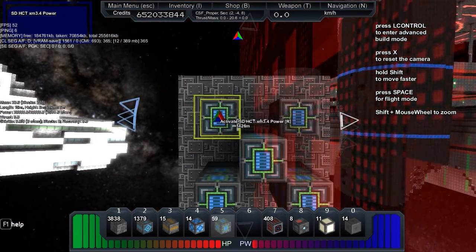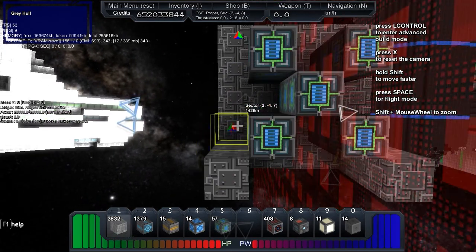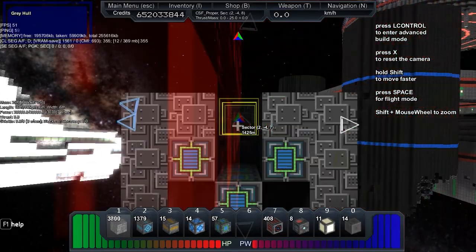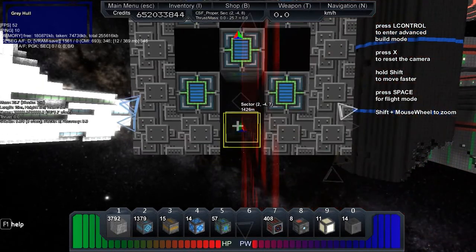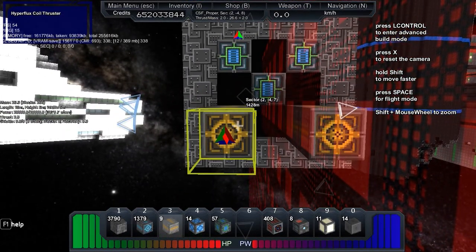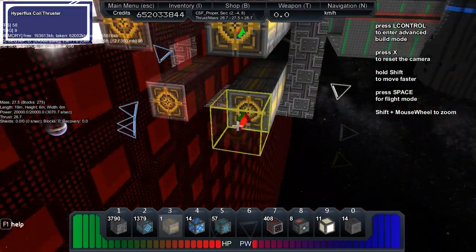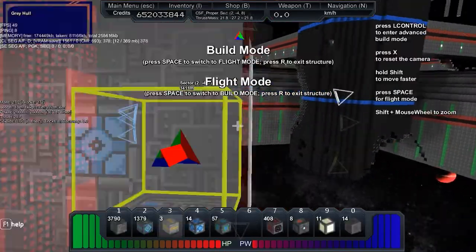So I'm gonna extend these a little so I have a little bit more power. And I'm gonna increase the size of these like so. And then I'm gonna add my thrusters, and they don't really matter how they're lined up. I'm gonna do it like that. So I still have my ship,